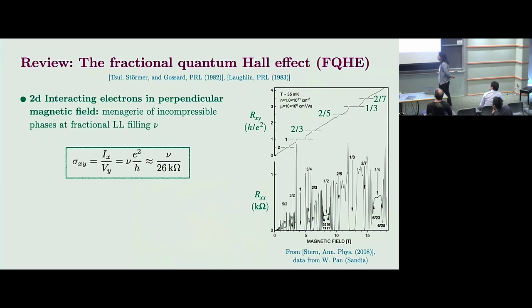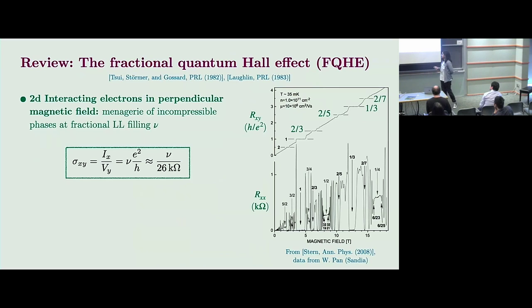All right, so I'll just jump into a lightning review of ordinary fractional quantum Hall. As I think we all know, if I have a 2D electron system in a strong magnetic field, my electrons fill Landau levels. In the absence of interactions, when I fill individual Landau levels, I get quantized Hall resistivity and vanishing longitudinal resistivity. And then when I turn on Coulomb interactions, there are these amazing fractional features shown here, for example, 2/3, 2/5, 1/3, 2/7, which are also very well quantized.